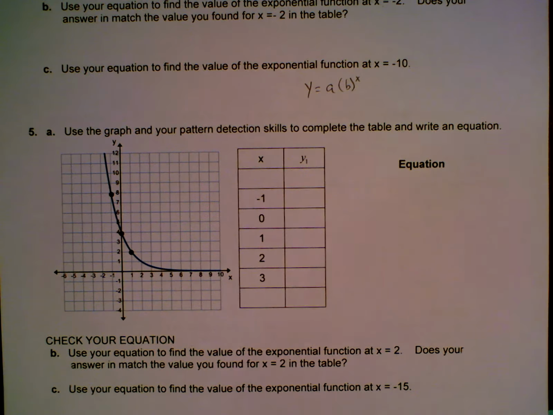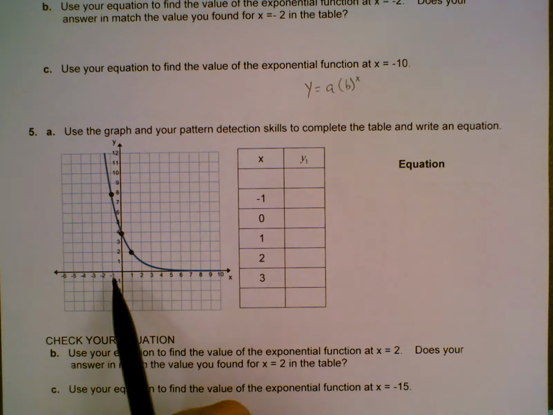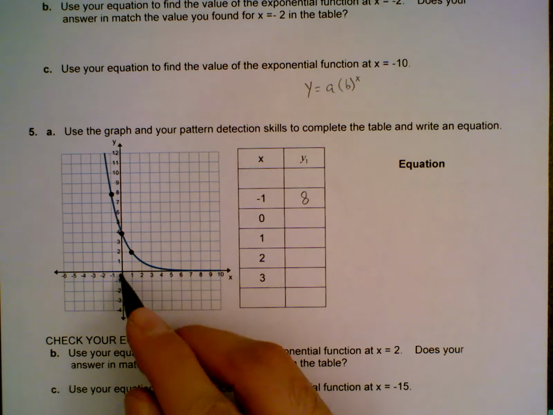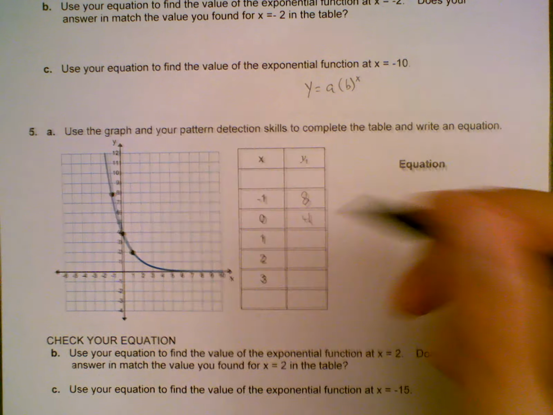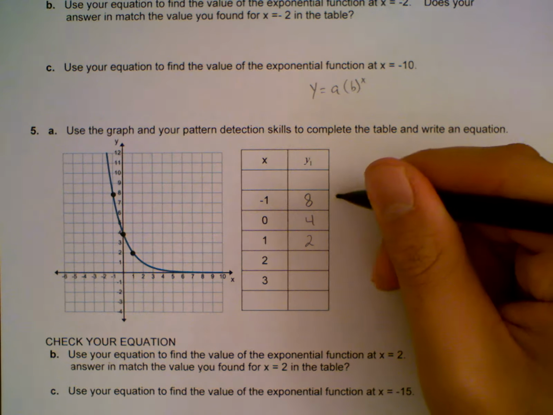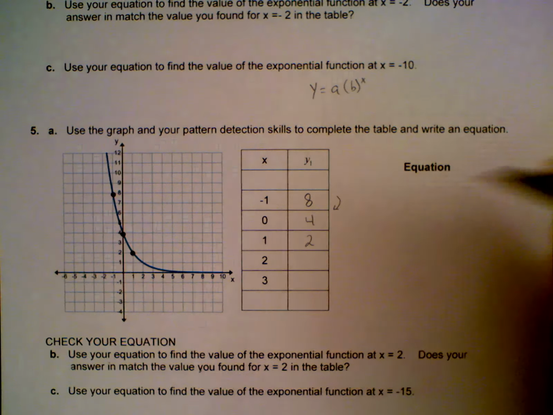All right, question 5 is very, very similar. Once again, let's record our points that we know. So -1, 8, 0, 4, and 1, 2. Okay. So hopefully you can see the pattern that's going on here. Don't forget in your equation,